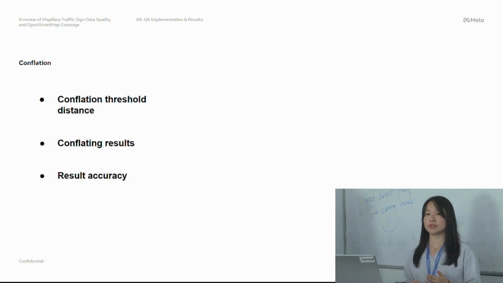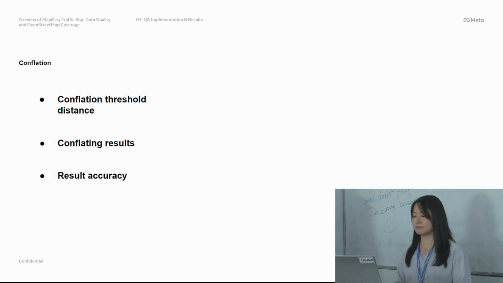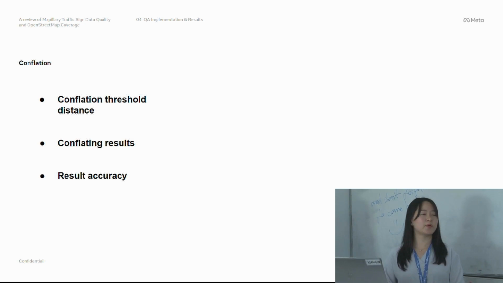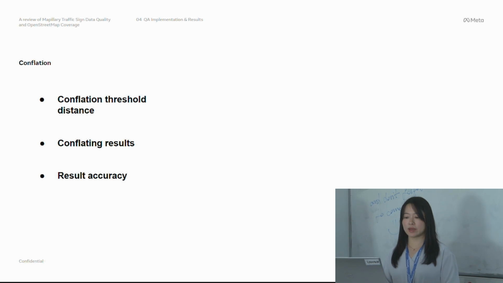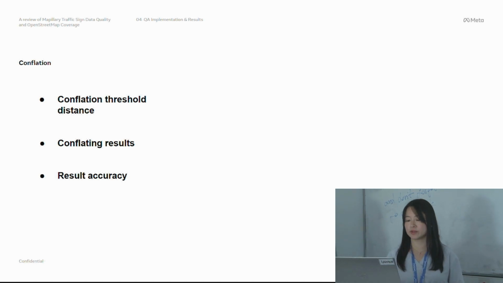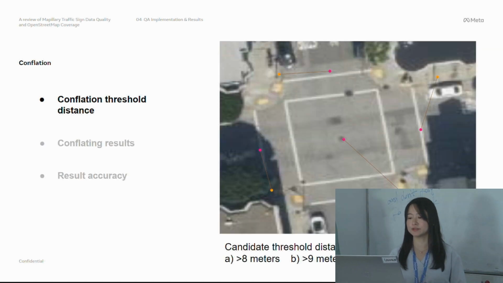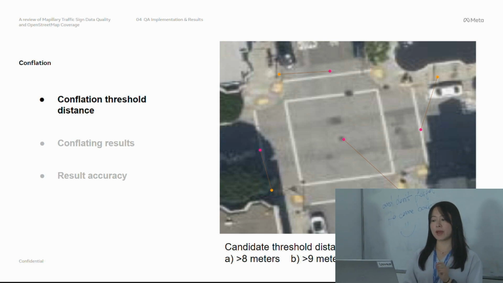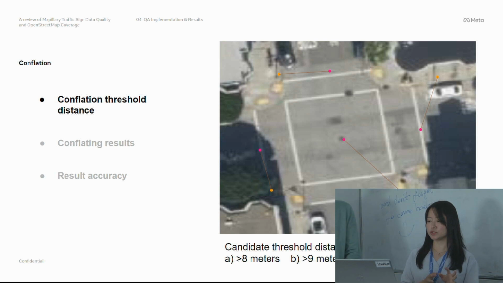And most of the Mapillary generated data are points, like traffic signs, traffic lights, benches, a lot of data that Saeed just showed is point data. So that's why there are a couple more steps we need to do to finish the conflations. The first one is finding the conflation threshold, the distance threshold. So what we do is we evaluate every single match pair that we already obtained from the QA process between the ground truth data and